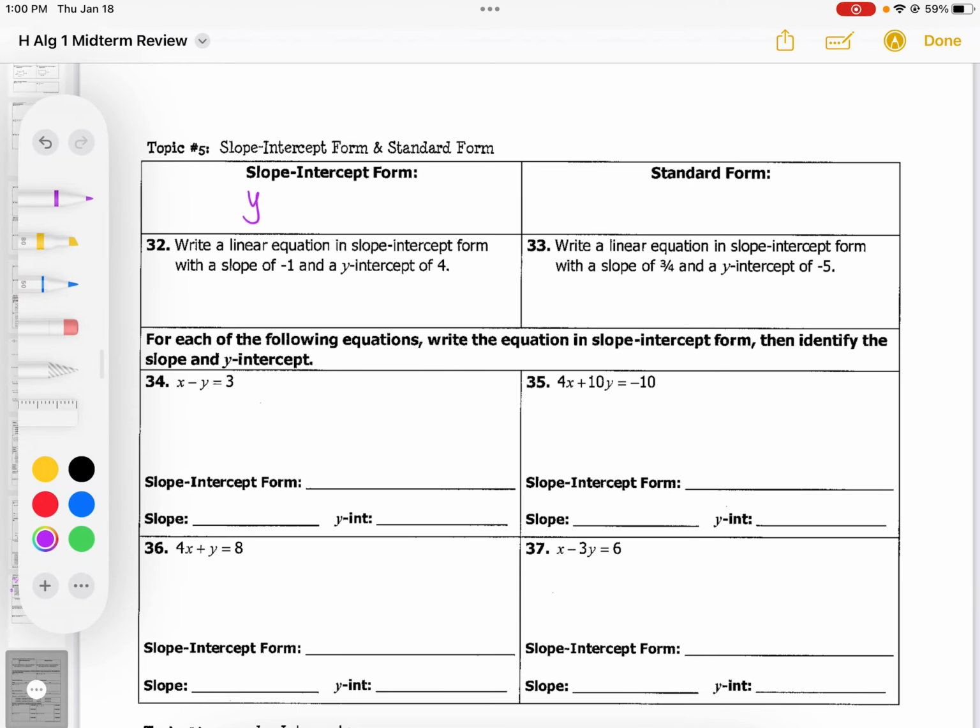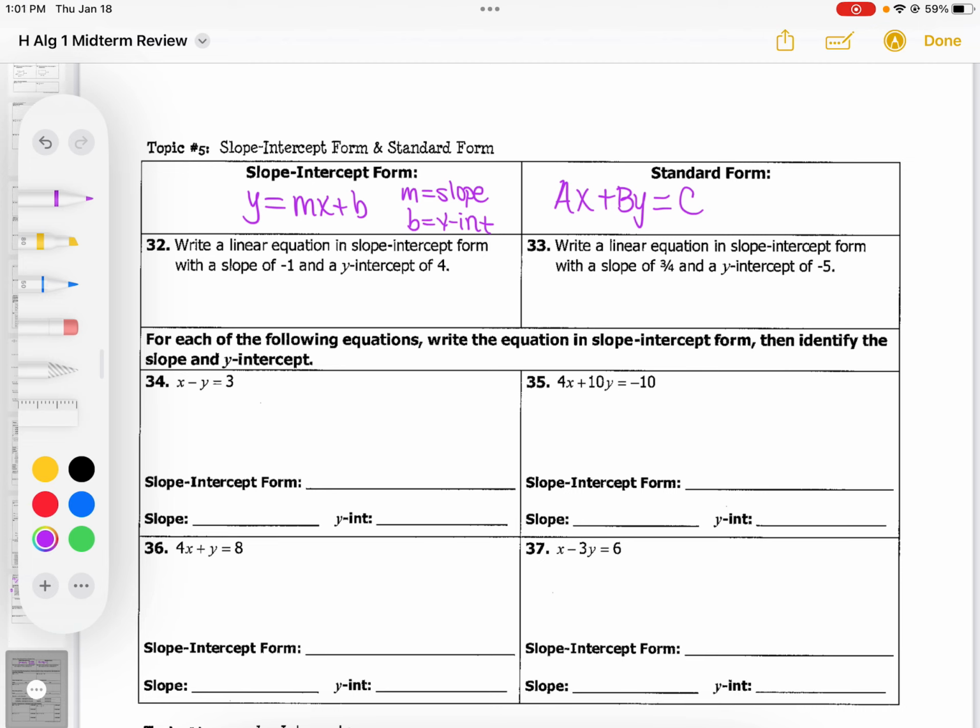Slope-intercept form, you should know, is y equals mx plus b, where m is your slope and b is your y-intercept. Standard form is ax plus by equals c, where a, b, and c are not anything in particular about the line. You don't have the slope, the y-intercept, the x-intercept, nothing like that when the equation is in standard form. But technically, a, b, and c should be integers, meaning that you should not have any fractions in your equations when they're in standard form,